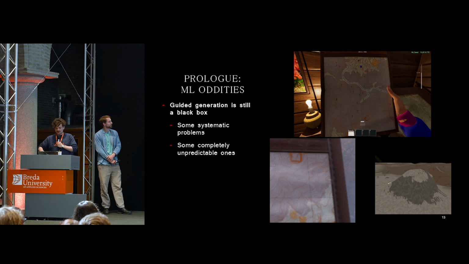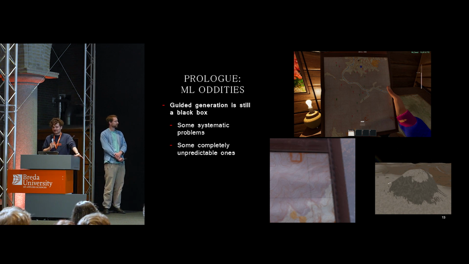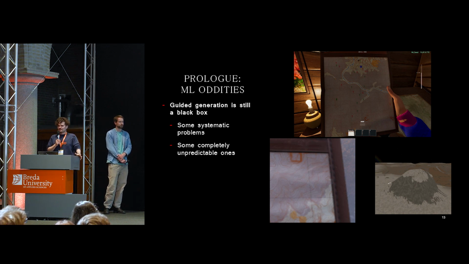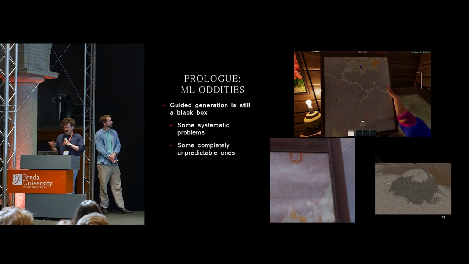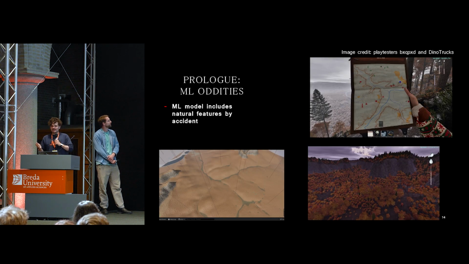But then sure enough, because we have the ML seed and because this is all reproducible, we looked at this height map and there it was, the obelisk. Which is obviously a problem. And these are the kind of things that we could add a post check for, to check that there are no big squares, but then there'll be a big oval or a big hexagon that turns up and then we'd be screwed. So this is the stuff that the game team has to deal with and has to make sure that no matter how bad the generations are, it's still a playable map, and they do that very well.